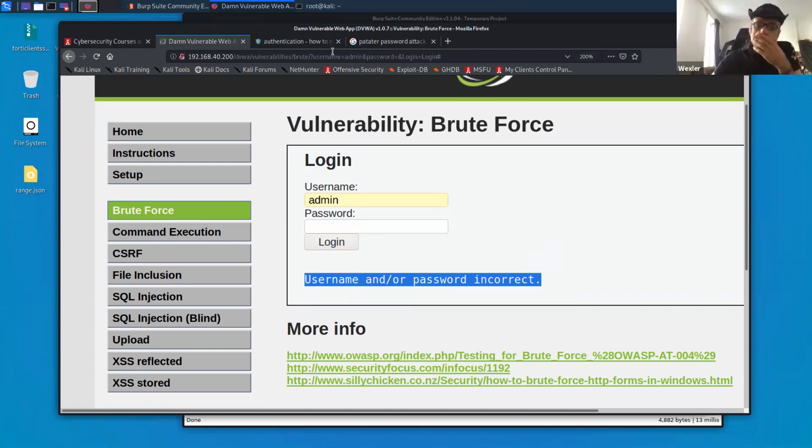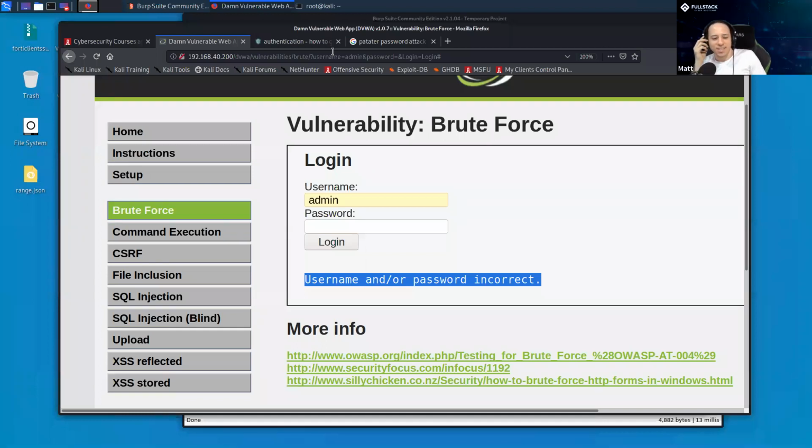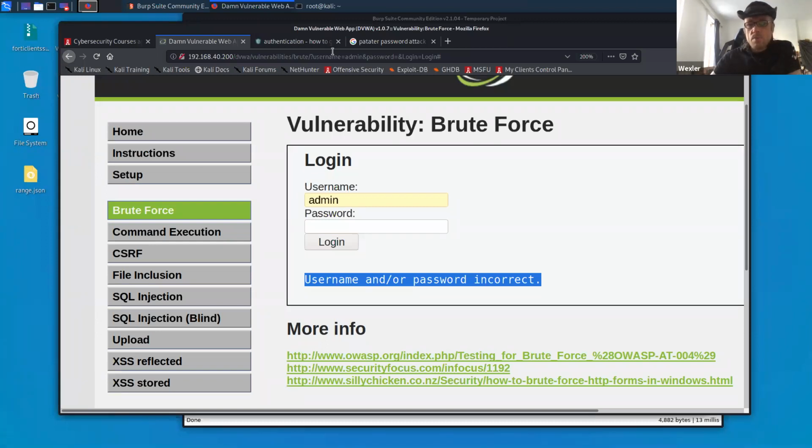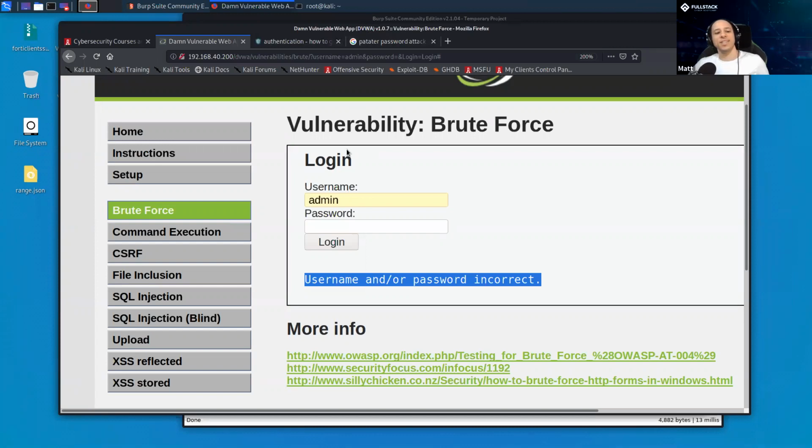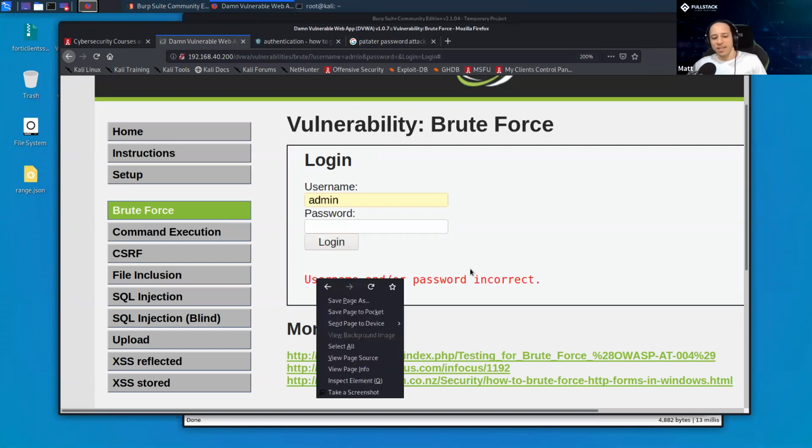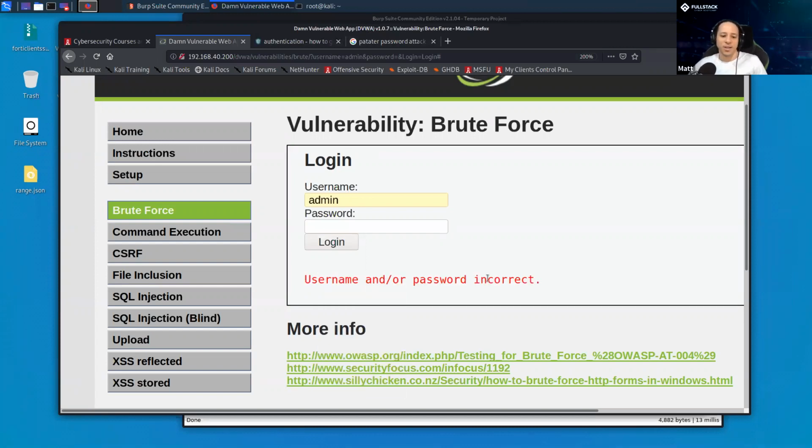In general, is the username and or password incorrect? Can we see that on the page a lot of times? Yeah. Try and log into most of your pages. Most sites have it, so usually is that the string we need? Depends on the site, right? You've got to look at the site. Some of them will say something slightly different. Some of them won't, right? But you're going to look for some indication that the authentication failed.